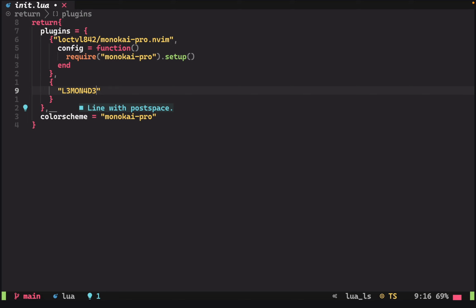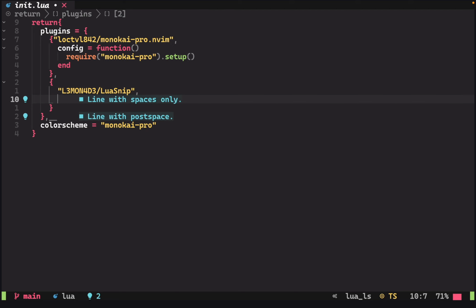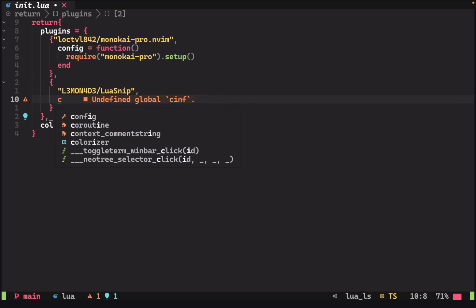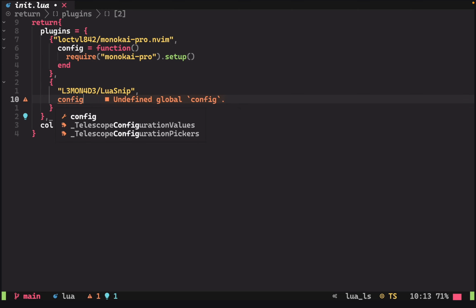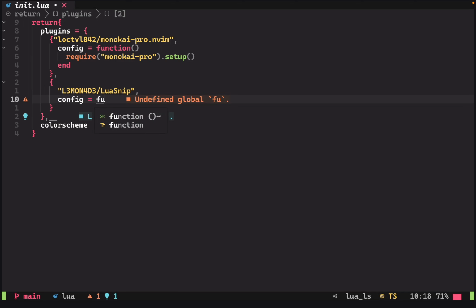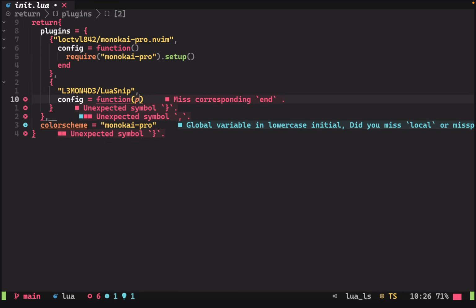Yeah, this is it. And we'll just configure it. So config is equal to function plugin, opts,